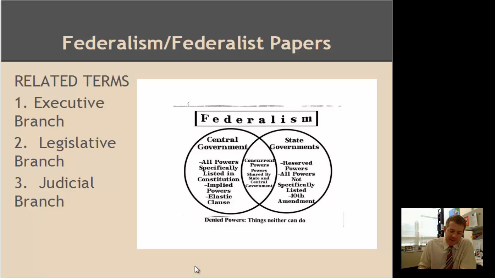So if we come back to this, that takes Federalist Papers, the Bill of Rights, the first 10 amendments. Remember, the Anti-Federalists demanded a Bill of Rights before they would ever consider ratifying the Constitution. Those that were able to be convinced to do so. Page 4, we are not going to worry about any of those 4 terms. The Electoral College, you should have in your notes. We went over this, that process of electing the president. And then those 3 branches I just talked about right here under federalism.